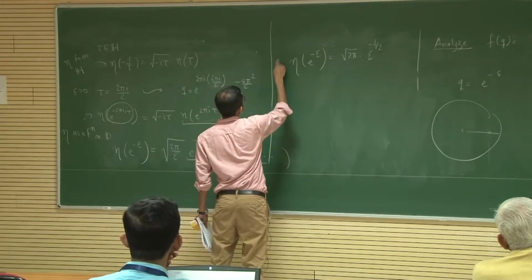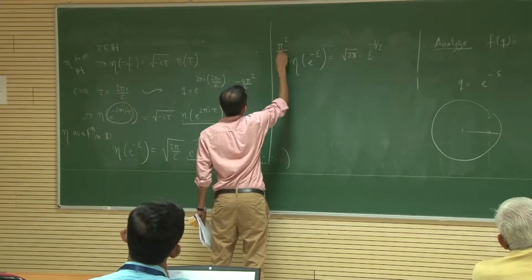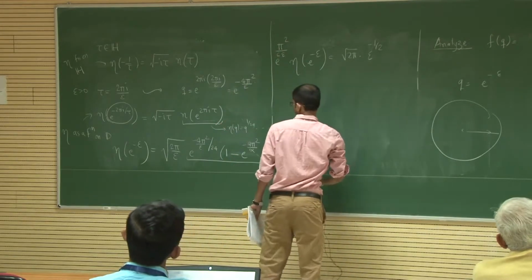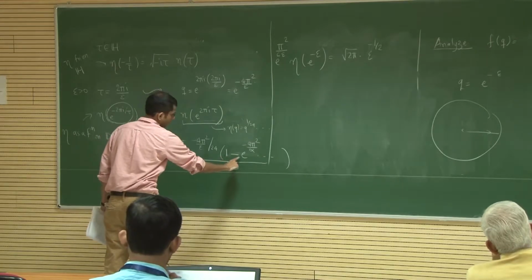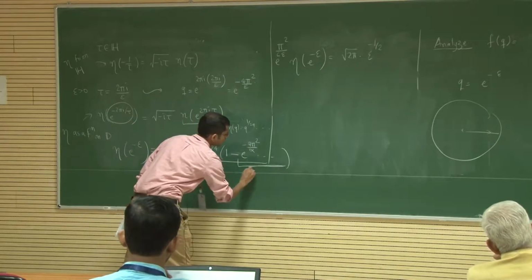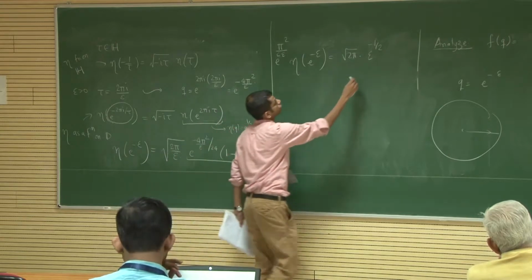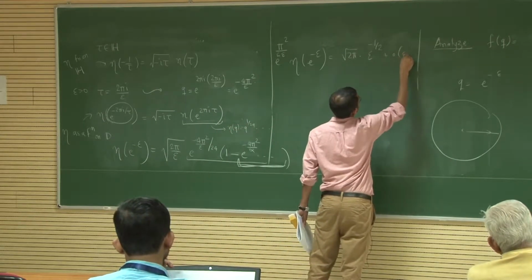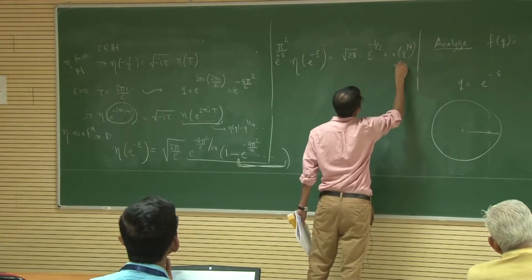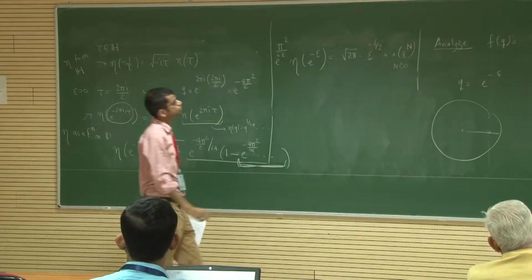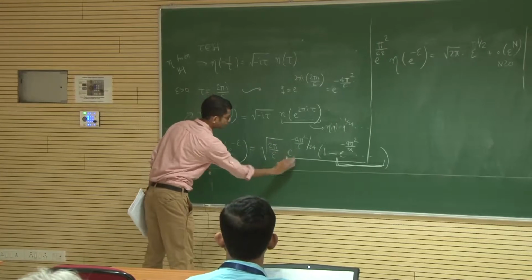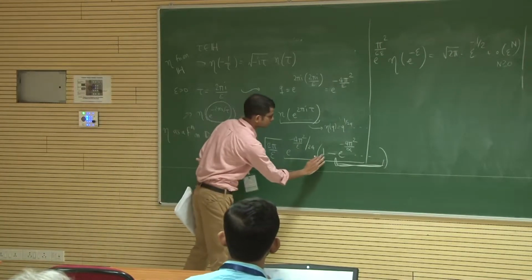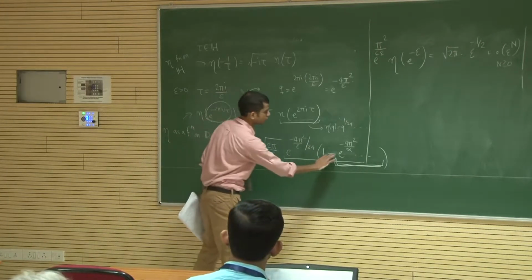So e to the pi square over 6 epsilon, and then I'm left with all of these guys, and they are precisely of the form order of epsilon to the n for any n bigger than 0. Okay. So I have put this exponential on the left hand side, so it's just this times that minus this